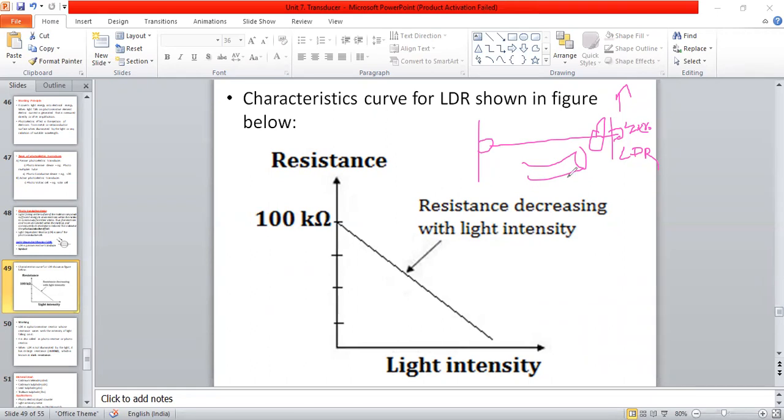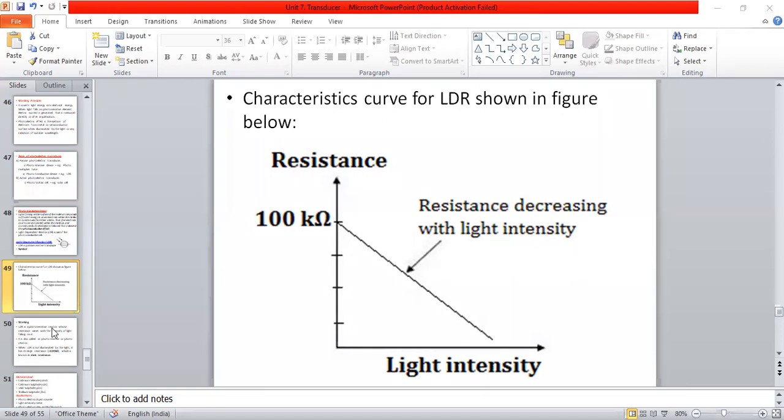Now we can consider both sides. If the resistance is down, how many times it is down, that is the number of bottles. How many times it is high, that is also the number of bottles. Any one thing we can consider here. It will give the counting system we are going to use in manufacturing plants and all. We are going to use this type of LDRs. Is it clear?